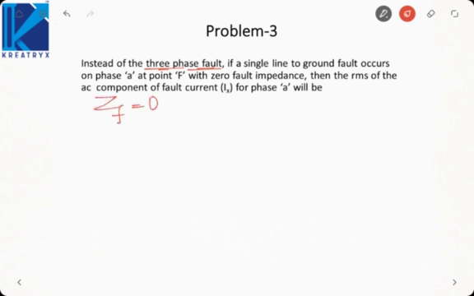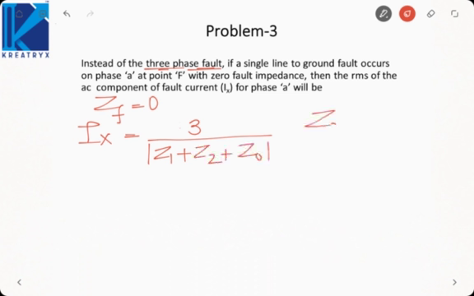Okay, we need to find the RMS value of fault current Ix. In case of an LG fault it is 3 by mod Z1 plus Z2 plus Z0, because Zn is also 0, solidly grounded. ZF is also 0. Now it was given Z1 was